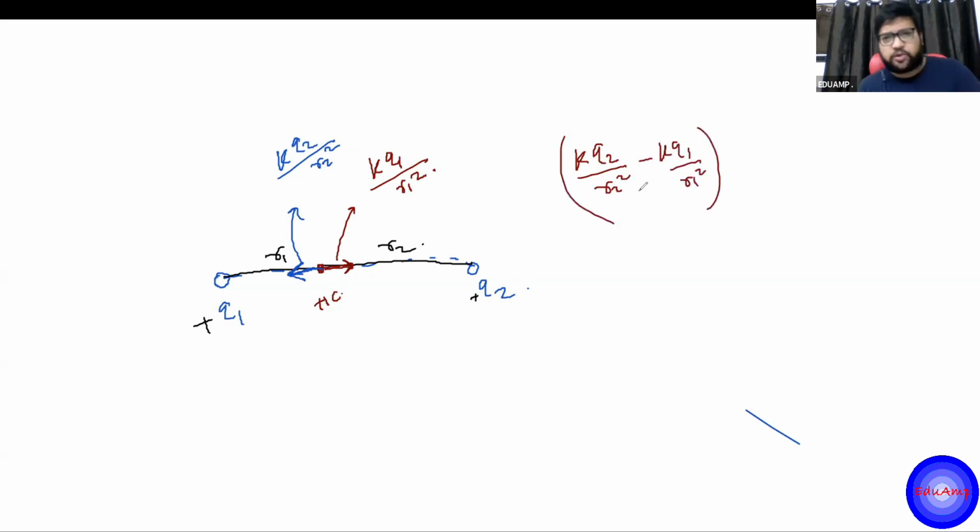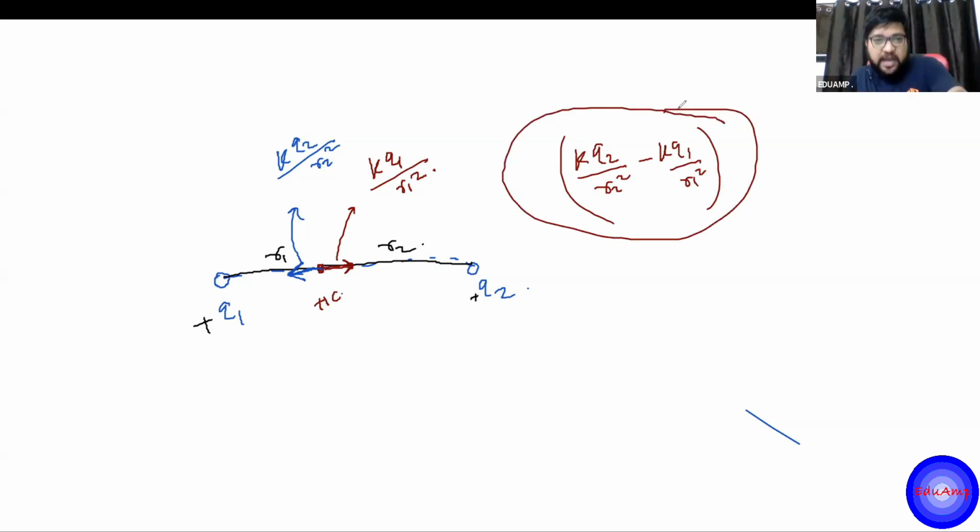Okay. So it will be positive or negative depending on which one is more. And the direction is along the line. It can be in this direction or in this direction, depending upon which one of the two is greater. Fine. I hope it is clear. So this is how we find it. So I can say this much is the electric field due to these two charges at that given point.